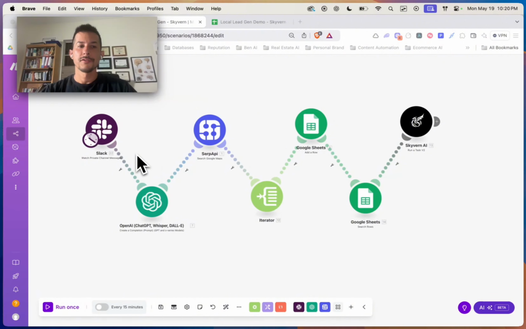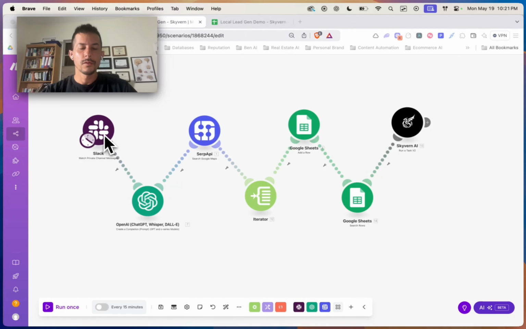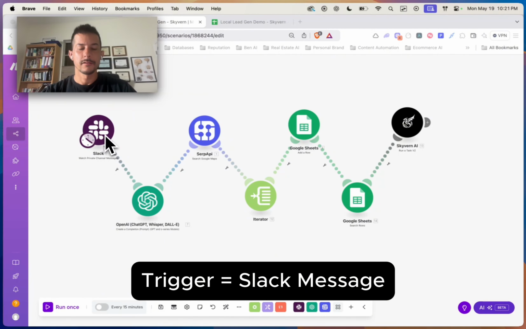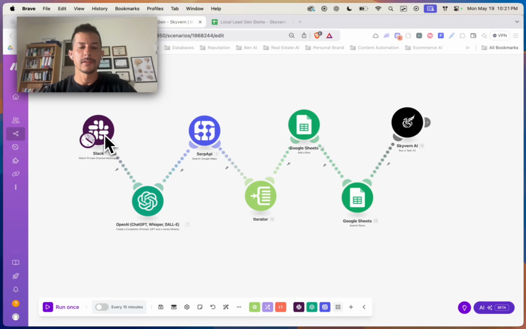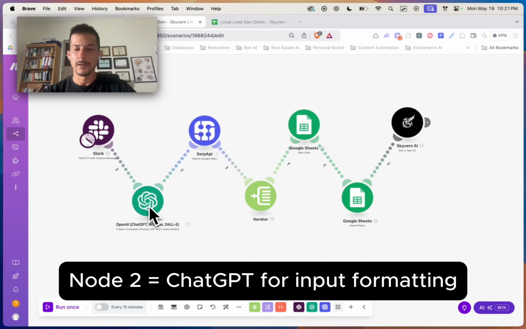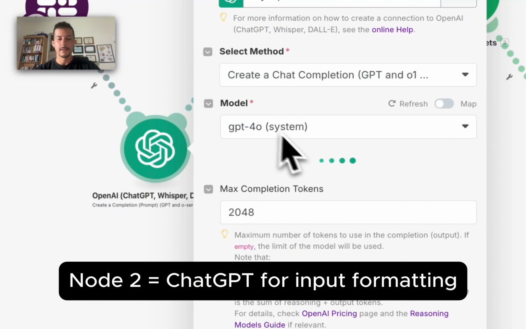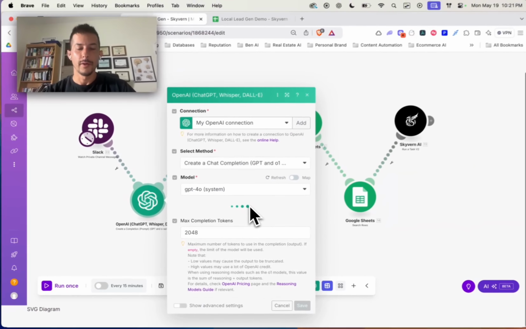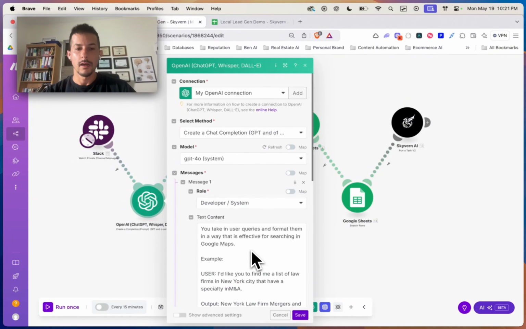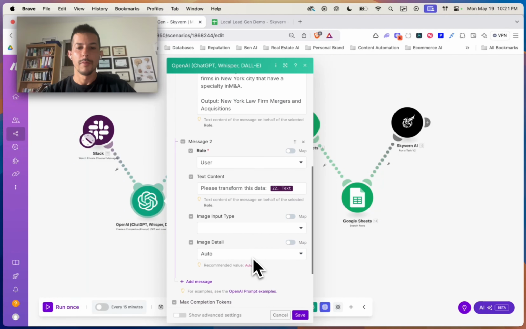So how this works is it's triggered by Slack. So let's say you have a private Slack channel and you send a message of, I want to reach out to accountants in Tampa, Florida. What it's going to do is it's going to take this message and go into ChatGPT here, and it's going to format the input in a way that can be easily understood by the next node in the sequence, which